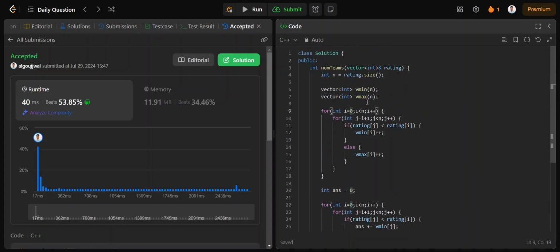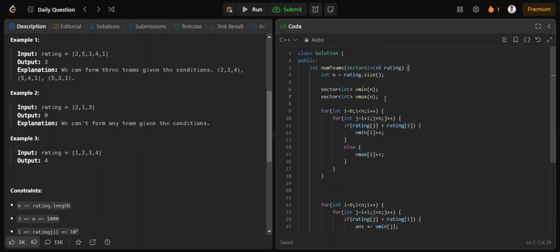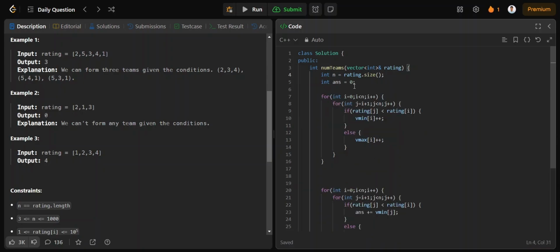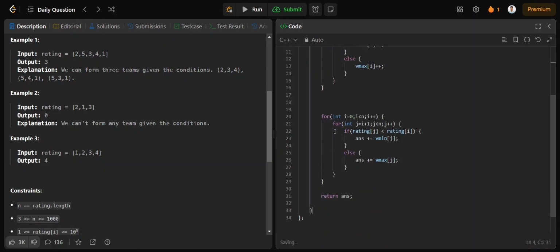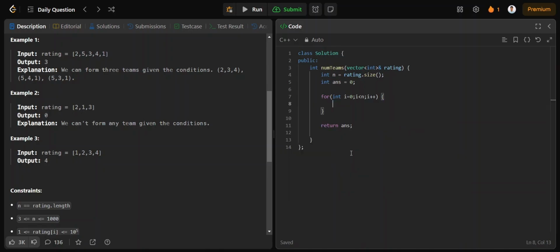But we can optimize this algorithm. We can bring the space complexity from big O of n to big O of 1. Let's see how it will work. First I will take the answer to the top, and I do not need these two, and we also do not need this. For each index